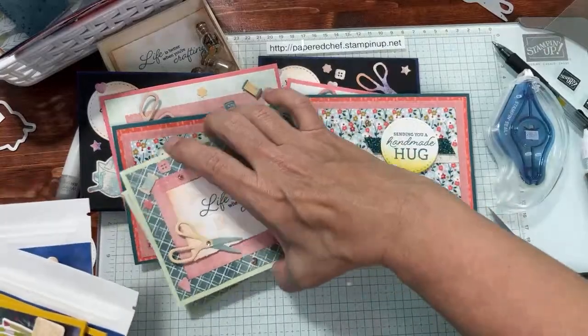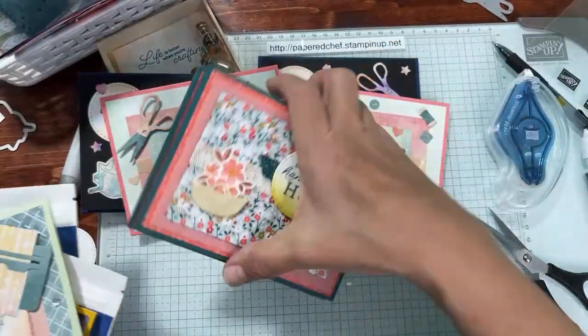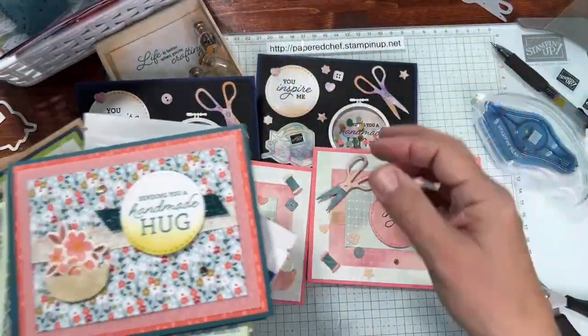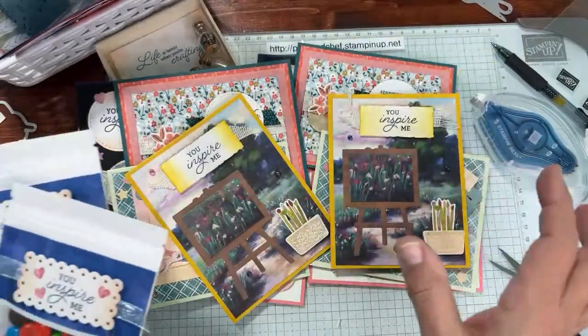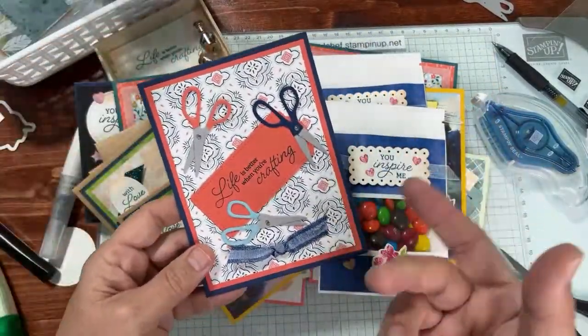2, 3, 4, 5, 6. Okay, so we made 7 projects in this 6-part series. And each of them are different, and each of them have hopefully something you can glean from doing this. Now then, I showed you some other things we made, or that were made with the Crafting With You